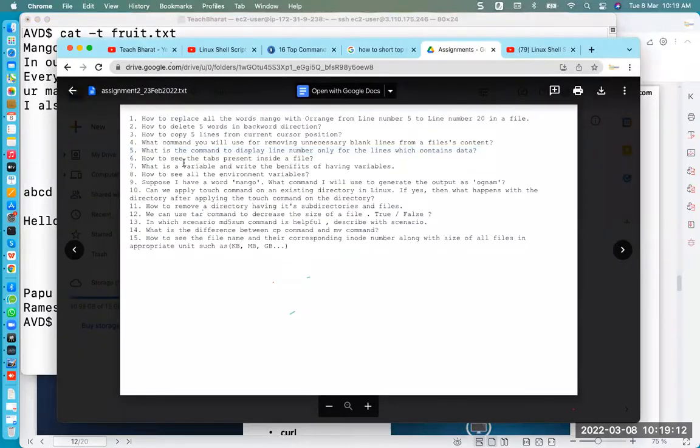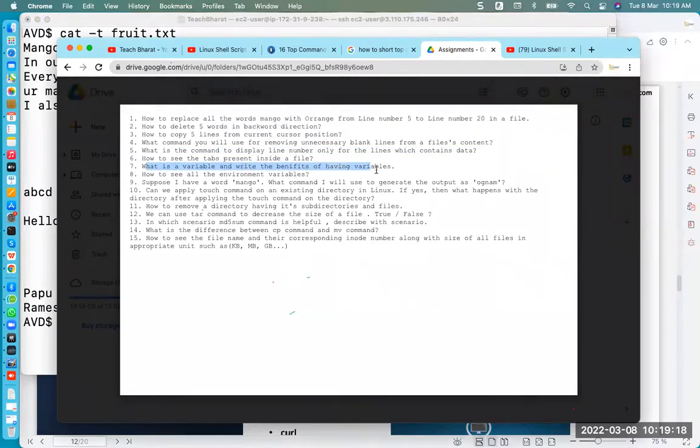Next, how to see tabs here? What is the variable and write the benefit of having variable? इस चीज को मैं 50 बार बोल चुका हूँ, कम से कम 10 बार बोला हूँ। वेरिएबल कैसे यूज करते हैं कि रीयूजेबिलिटी के लिए, मैं बार बार अगर एक फाइल के अंदर एक पर्टिकुलर वैल्यू को डाल रहा हूँ, उसको ऊपर वेरिएबल कैसे डिफाइन कर दो।